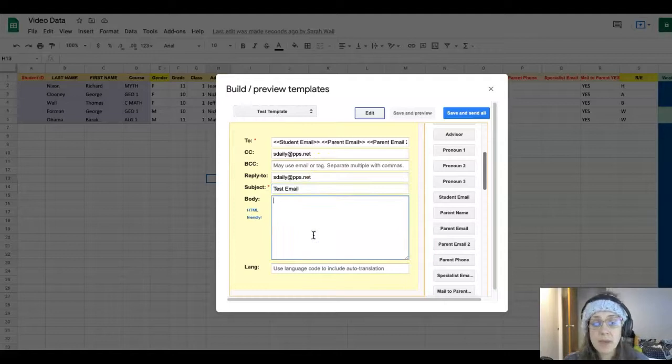And then my body, hello. Then you can do student name, and then it pops up. You want to delete this. I mean, maybe you don't. In some cases, you don't actually need to delete that. But what you want for it to populate is the 2 brackets on either side and then whatever